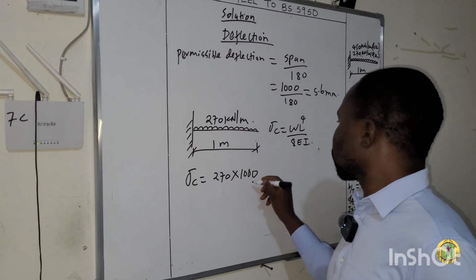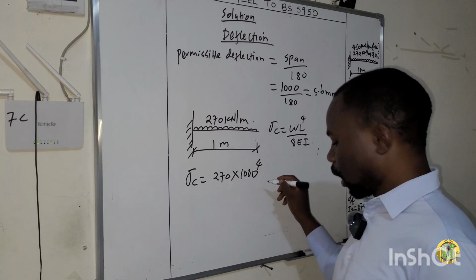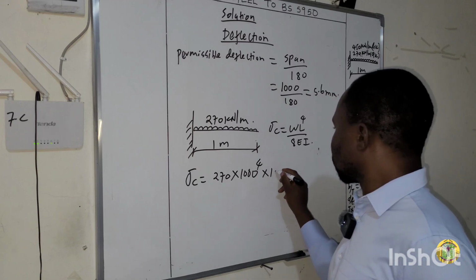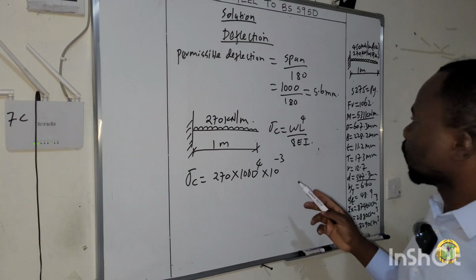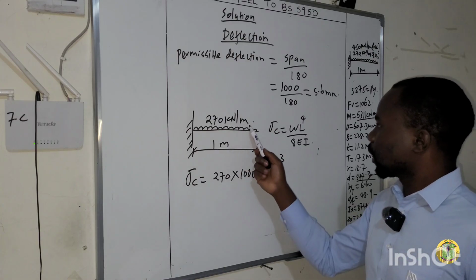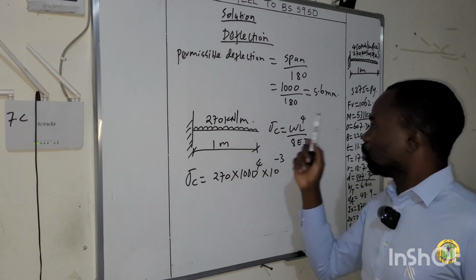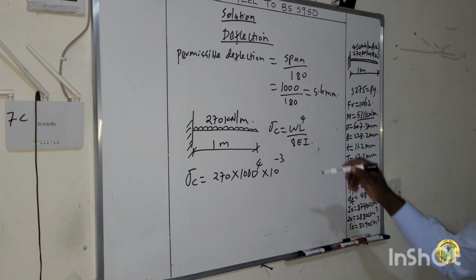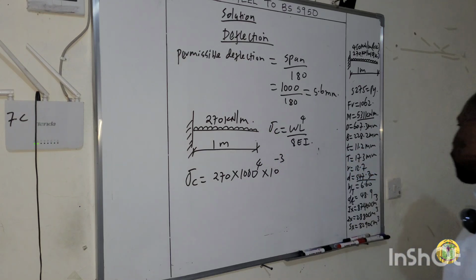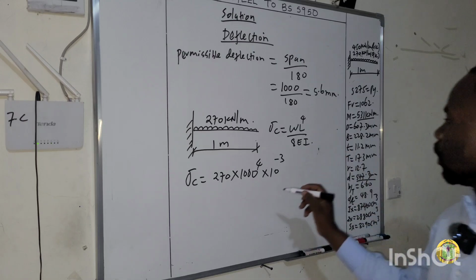So this is 1,000 raised power 4. Then times 10 raised power negative 3, because you are changing kilonewton meter to kilonewton millimeter. So this meter we want it to be in millimeter so that you can have a uniform unit with E. So over